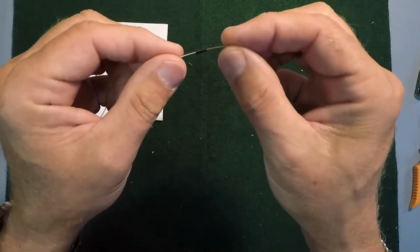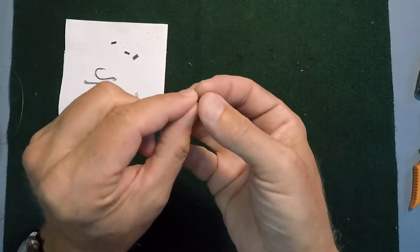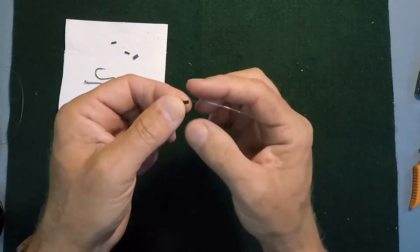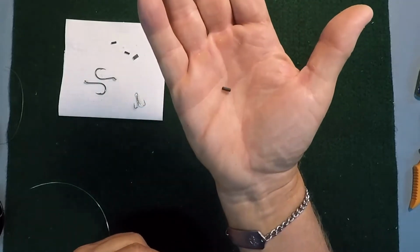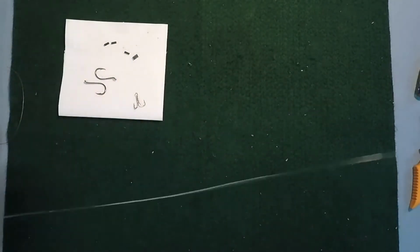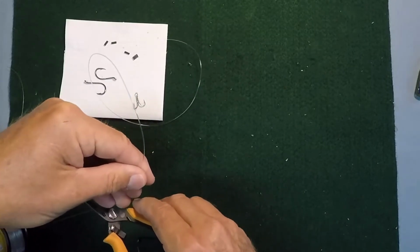But on the single sleeve, as you can see here on this 50-pound test, it's too thick to be able to double this back, which is the first step of the process. But I could use a single sleeve if I'm using 20-pound test line or something similar. So first step is go ahead and pull off a good section of the line you're going to use for your stinger hook,